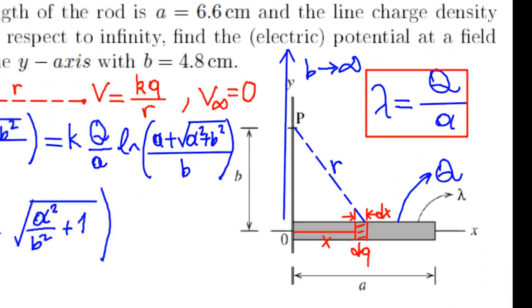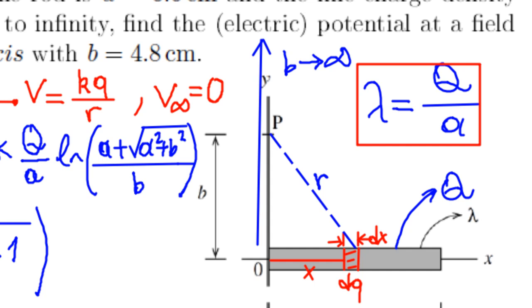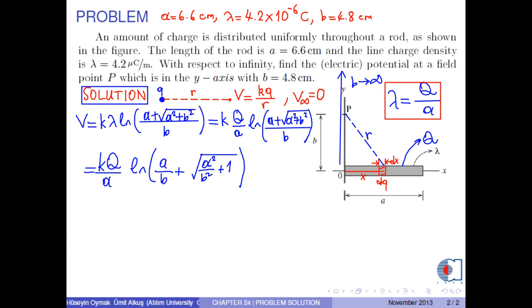As the field point, which is represented as b, goes to infinity, and since the binomial expansion of the square root of a squared over b squared plus 1 is 1 plus 1 over 2 times a squared over b squared and the greater power terms, the term a squared over b squared is very small, which is approximately 0. Therefore, the ln function becomes,